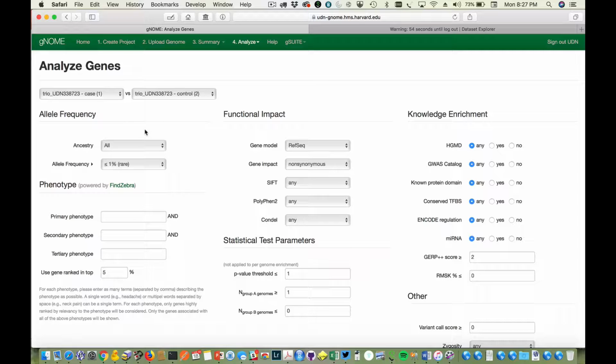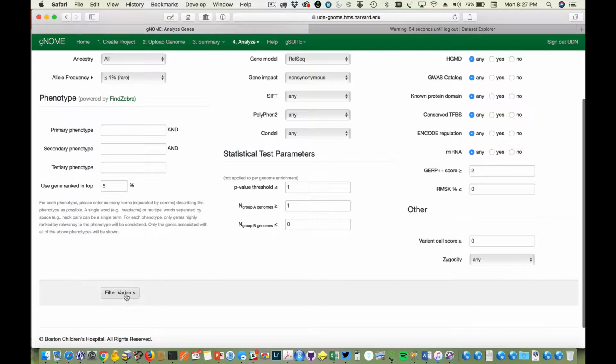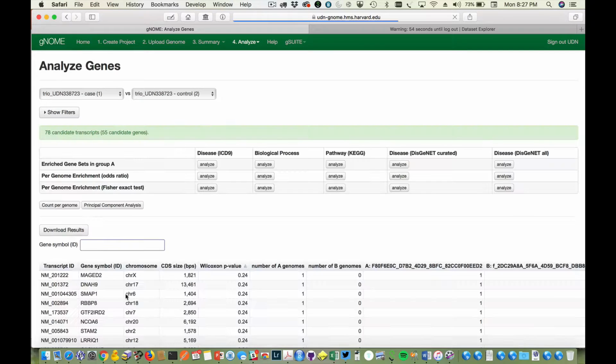The first example will be looking at the trio data coming from this case, with the affected proband and 2 controls for this patient. And then I'm going to look at the functional impact using RefSeq as the gene model, the non-synonymous variants, with any PolyPhen-2 or SIFT mutation. And now I'm going to filter all the variants from this trio, where I have 78 candidate transcripts from